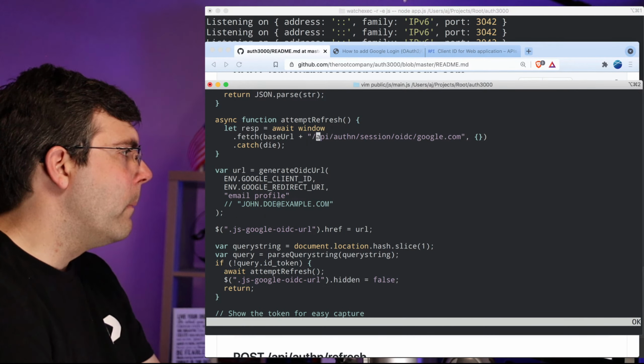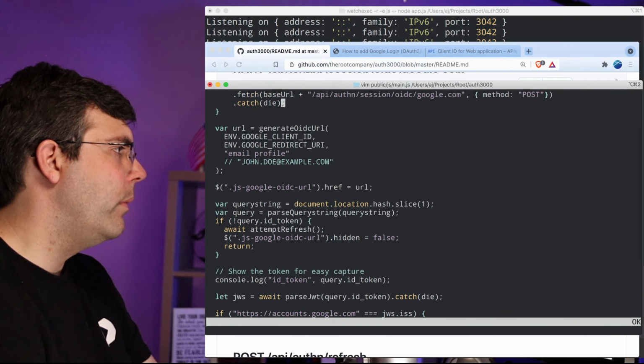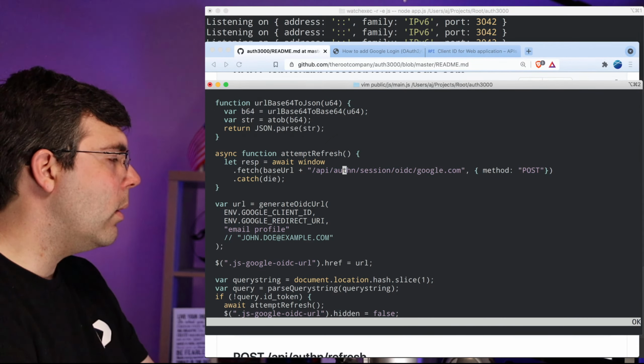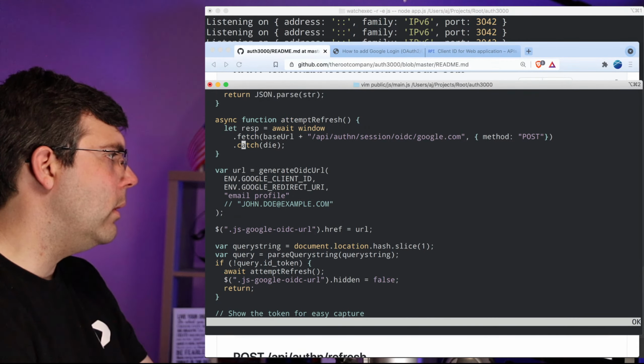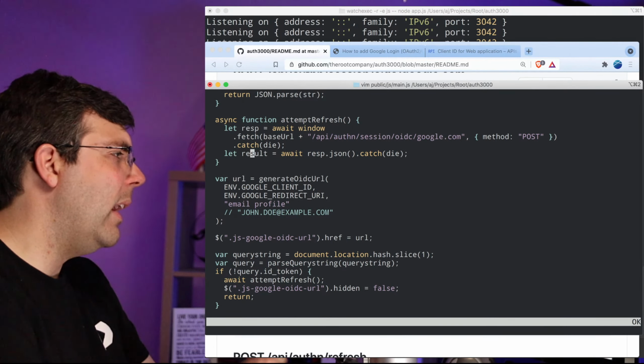Oh, one of the things we need to do in both of these cases was change the method to post. So let me go do that in the one down below. Whoops. There we go. Go back up here. So the method is post. And if it has a cookie, then it'll work. If it doesn't have a cookie, then it won't. Let me go down to response here. And we want to get the JSON. Yeah. So same thing. We want to do the same thing here. We're going to get the JSON. And then